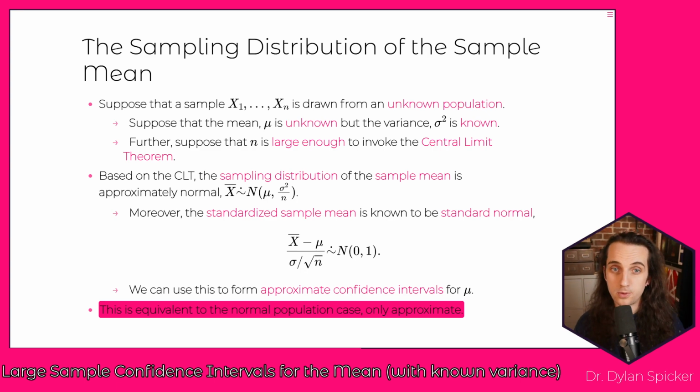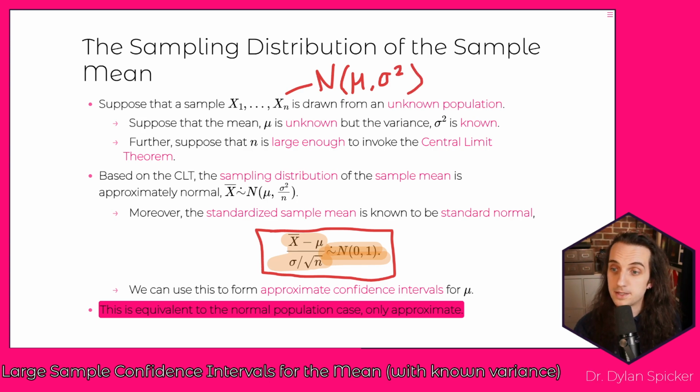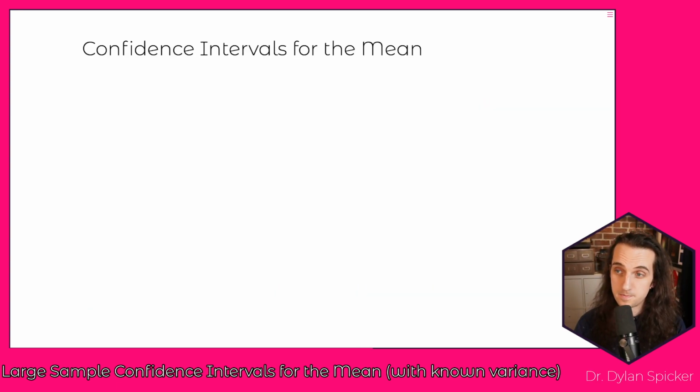Importantly, as soon as we're at the point where we're making the statement that x bar minus mu over sigma over the square root of n follows a normal 0, 1, this is exactly the same setup that we have when we're trying to do a normal-based confidence interval. That is to say, if we had actually assumed that x1 through xn came from a normal distribution themselves, where they come from a normal mu sigma squared distribution, then this is actually no different, right? Because if we had assumed this, then we wouldn't need to use the central limit theorem, but we would get that x bar follows the same distribution. And so our confidence interval actually doesn't need to change, right? So this is exactly the same setup that we would have as if we had assumed normality from the start.